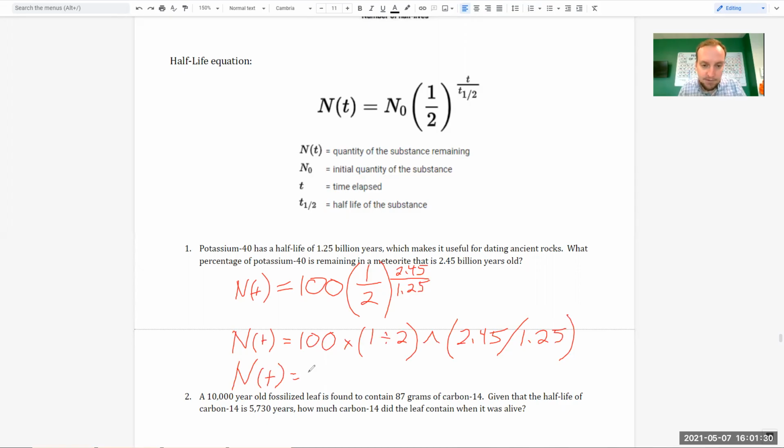The 1/2, 100 times 1/2, needs to be in parentheses because again, that's showing a half. Then you're going to do the caret, meaning raised to the power of, open parentheses again, do the division of the exponent, close parentheses, and that will work. So 100 times open parentheses 1 divided by 2 close parentheses caret, open parentheses 2.45 divided by 1.25 close parentheses. Whew, all right, what I get is